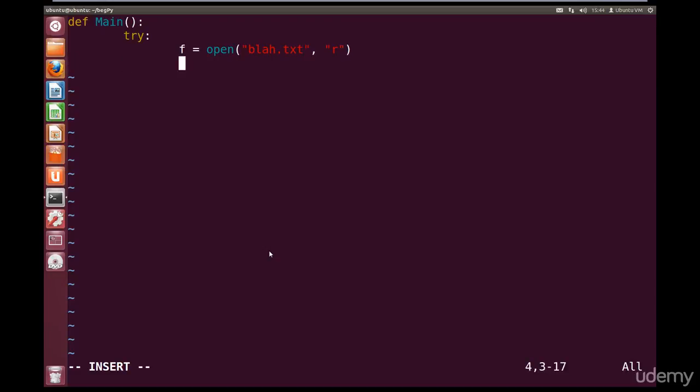Now we're going to try and read the lines inside the file, so for line in f we're going to print open brackets line dot strip, and we're going to strip \n \r close quotes close brackets. Okay, now outside of our for we're going to close our file, so f.close,